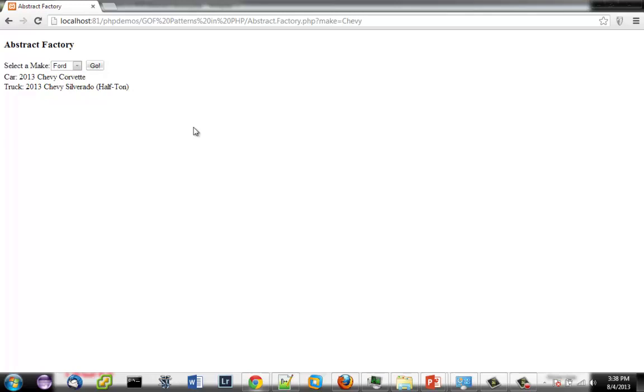That's what we would expect from this particular program. So it's very simple, but you can kind of see how the abstract factory works. I have a family of objects, in this case a Ford family, and in another case I have a Chevy family, and I'm creating instances by calling generic methods like create car, but I'm getting a car that relates to that particular family of objects. So that's what we're talking about when we use an abstract factory for creating families of objects. Now, if I was doing this for configuration issues, the family of objects would be Windows components or Macintosh components or Linux components, whatever the platform may be that you're running your software on.